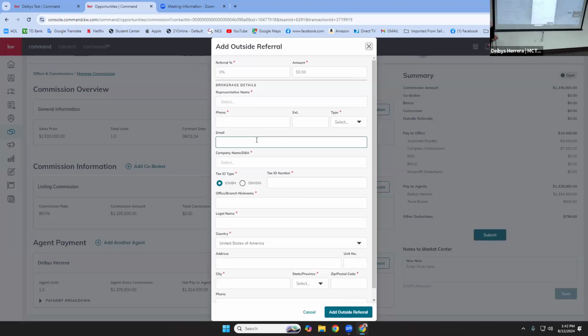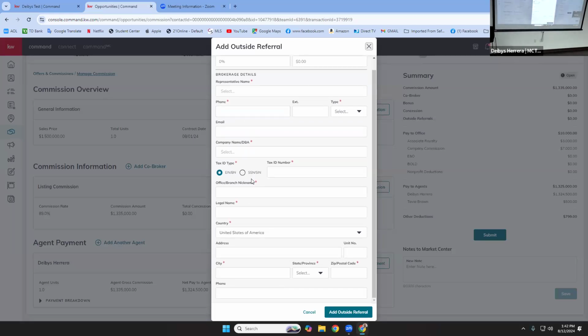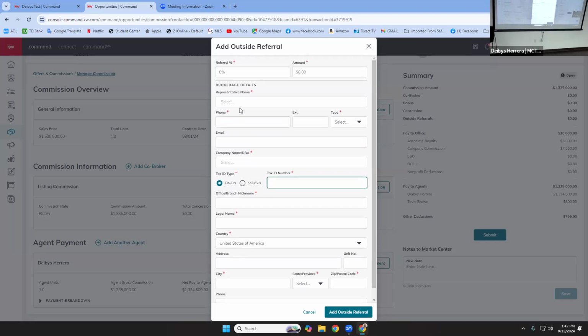Very important, you guys, in order to pay an outside agent, we need their brokerage W-9. Remember, we pay the broker, we do not pay the agent. So please make sure you provide or ask for that W-9 ahead of time, because as you can see down here, it's gonna ask you for either the EIN or the social, which obviously would be the EIN because it's a brokerage. So you enter that information, you're gonna enter the agent's name, what was the referral, either